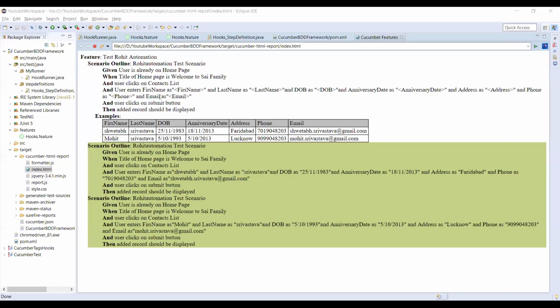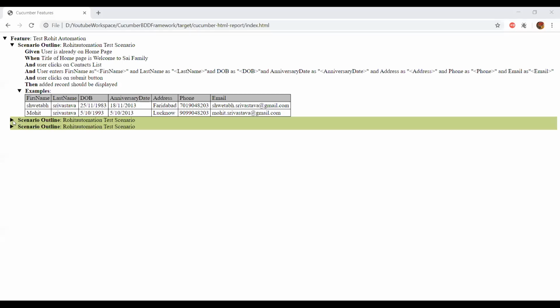now this output index.html. See here, this is my output report.